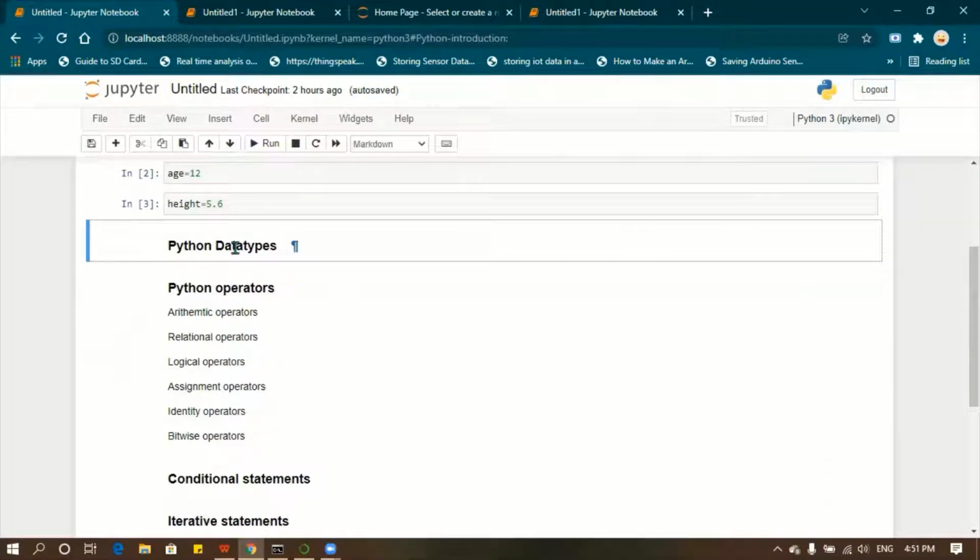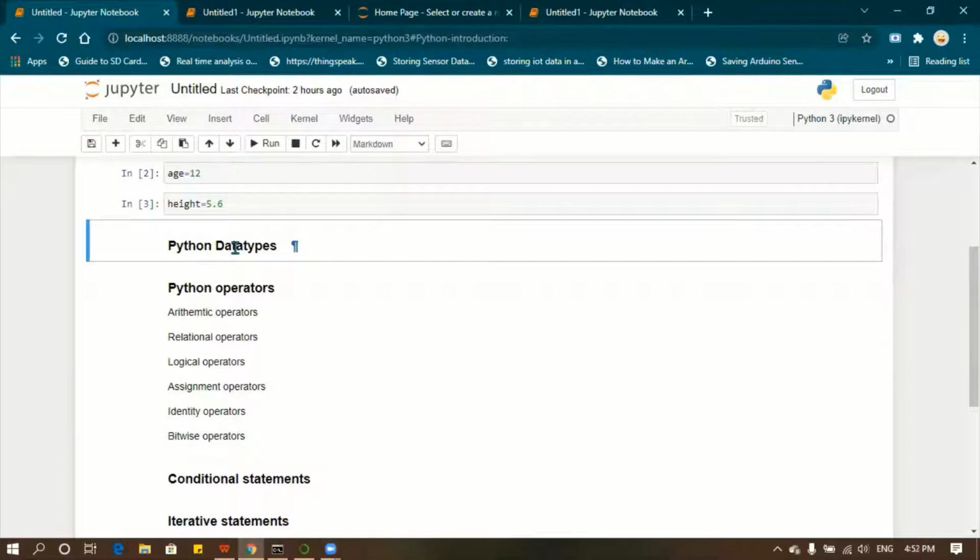So now we are going to discuss the Python data types. Before, we have seen age is equal to 12, height is equal to 5.6, and name is equal to Arun, right? Each one has a different kind of value. Name is equal to Arun consists of letters. Age is equal to 12 consists of a whole number.